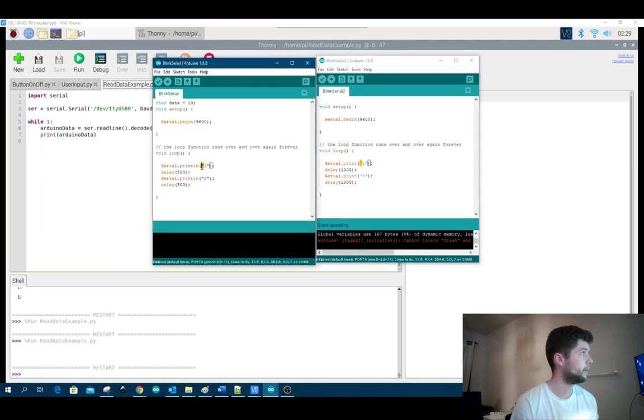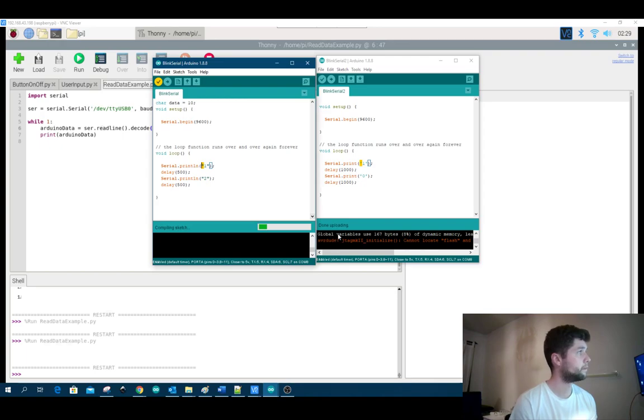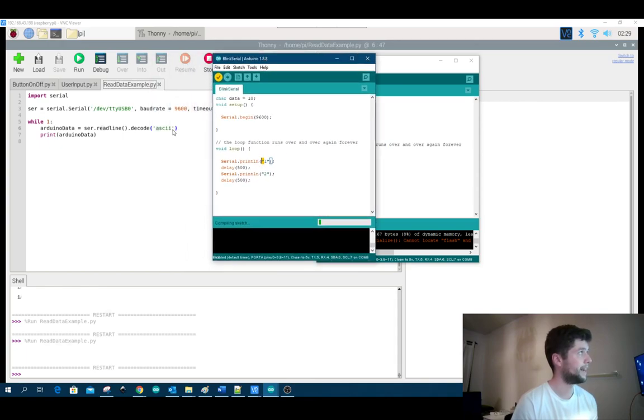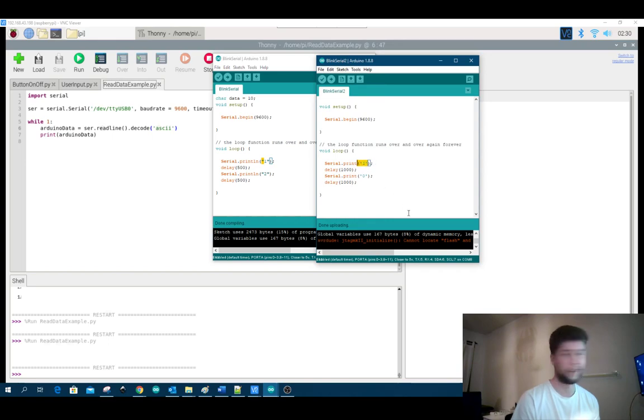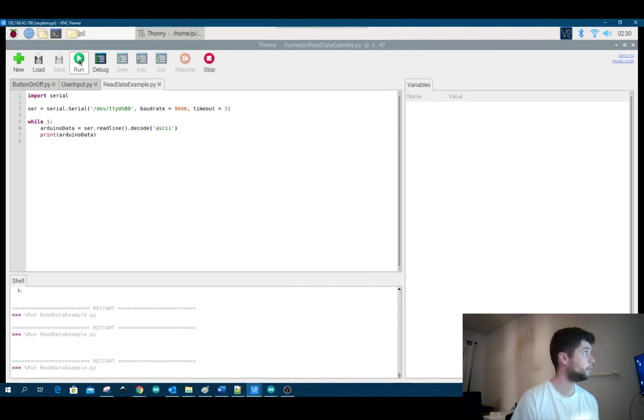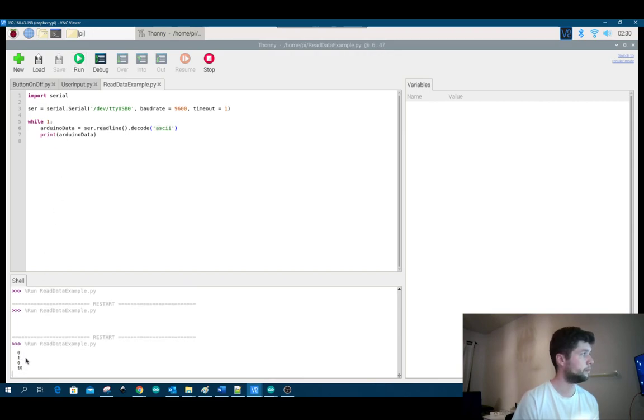Now this is a character. This is a different kind of signal. So if we send this, this is a character interpreted by the ASCII. That is the bit symbol for how a computer interprets our letters. So this would be a letter on the computer, whereas this would be a number, actually. So if we just press run here, we get the characters,